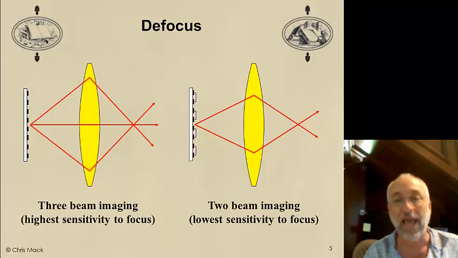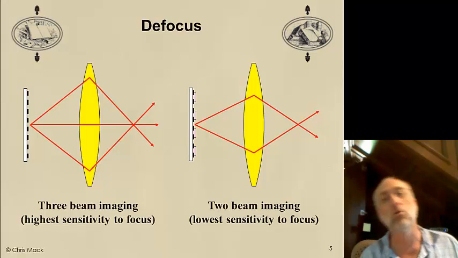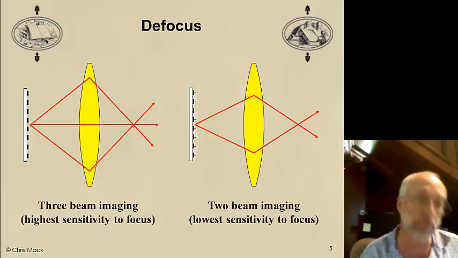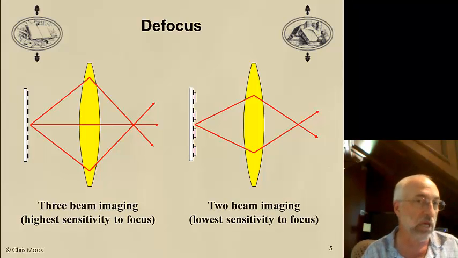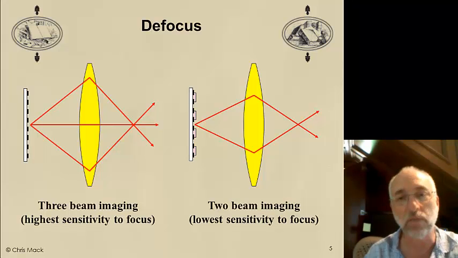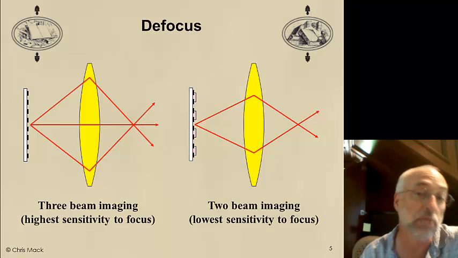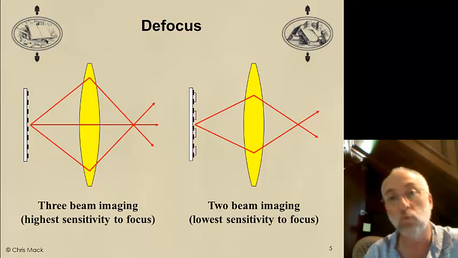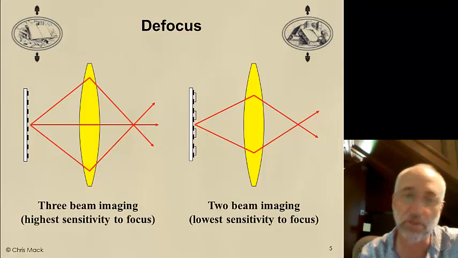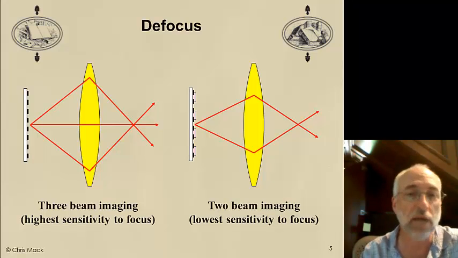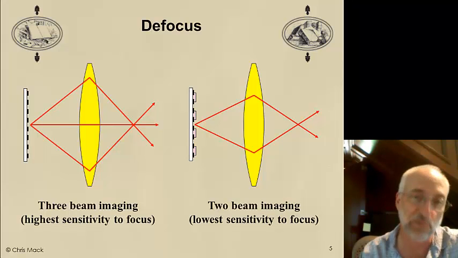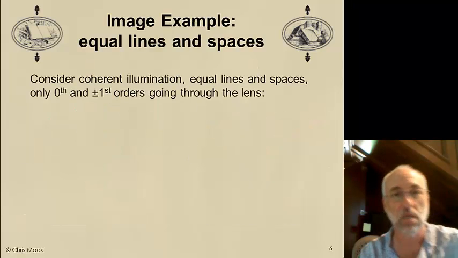2-beam imaging has the lowest sensitivity to focus as long as I adjust my 2 beams to be evenly spaced about the center of the lens. And this is in fact the main reason why we use 2-beam imaging. Well, one of the 2 reasons. One is we can print smaller features with 2-beam imaging, and the other is we can get imaging that is much less sensitive to going out of focus. Both of these are very important for lithography, which is why most of the high-resolution lithography done today uses 2-beam imaging rather than 3-beam imaging. All right,